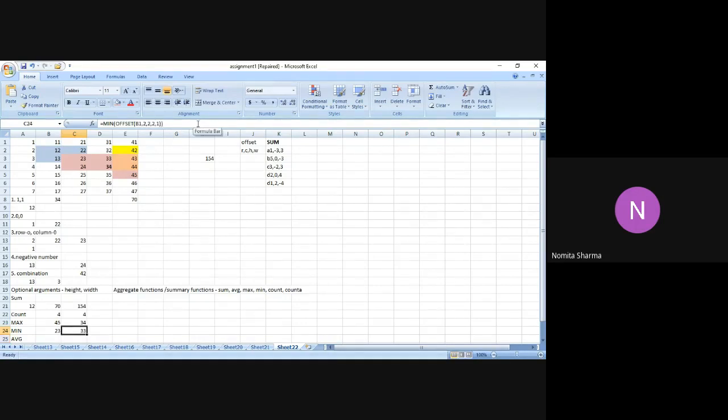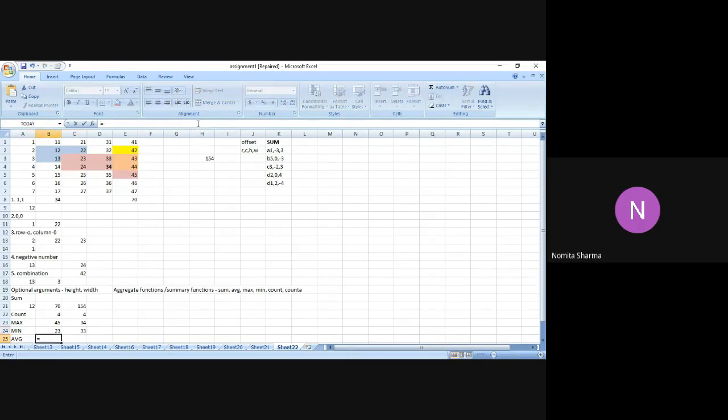So I hope by now you can easily track down how we are getting these answers, whatever function we are using along with the offset. Please remember one thing more: height and width are optional, and when you're trying to just retrieve or fetch only one value from the range, that means when we give height and width as 1 comma 1, it will give you the value. But the moment you try to increase the height and width, Excel will expect you to use some function along with this, because only then the option of giving more height and more width is relevant. Otherwise this will give you the error.